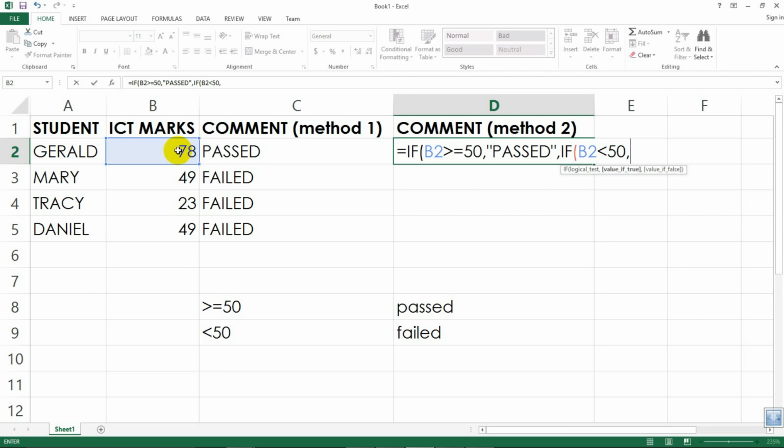Then you put a comma, return for me a text which says failed. Then again you close the quote. Okay. Now this time the closing of the parenthesis is going to be different from the first method's closing, because